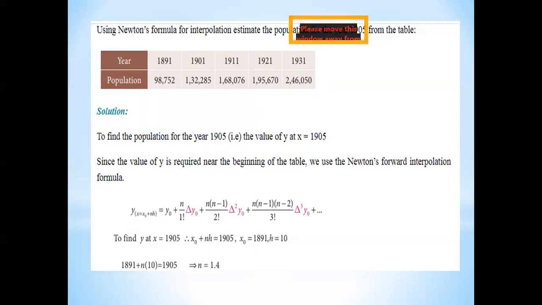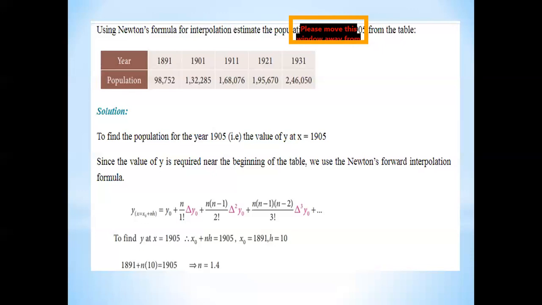Now they are asking to find the population of 1905. So it's very close to the starting value. So we are going to use Newton's forward formula. The solution of the problem: to find the population for the year 1905, the value of y at x equal to 1905. Since the value of y is required near the beginning of the table, we use the Newton's